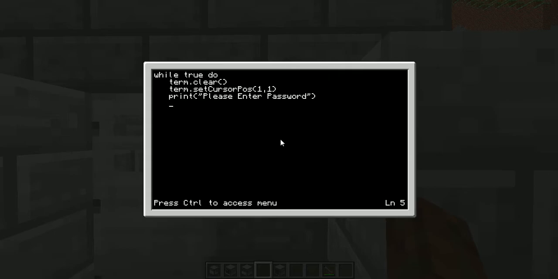So now this here is where it gets different. Since you're going to have several passwords, we want, of course, there to be several inputs. So we designate them as, it can be anything. So we just have that input there. So input 1 be read. So now here, if input 1, make sure to keep these straight. So for this one here, we'll just go test. There we go. If input 1 equals test, then